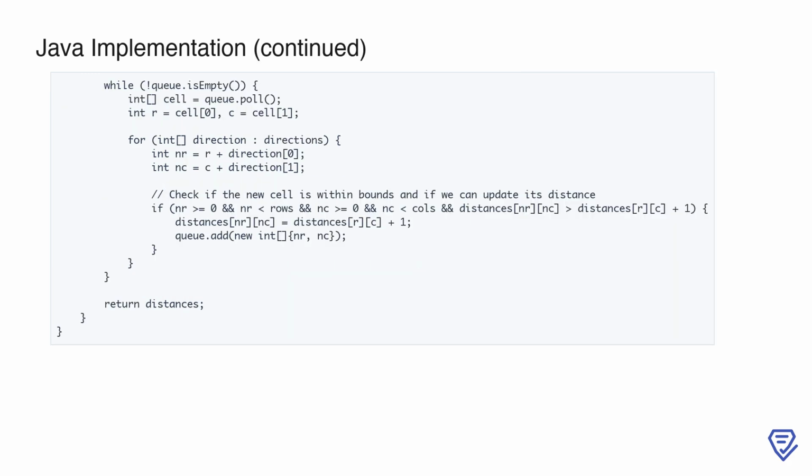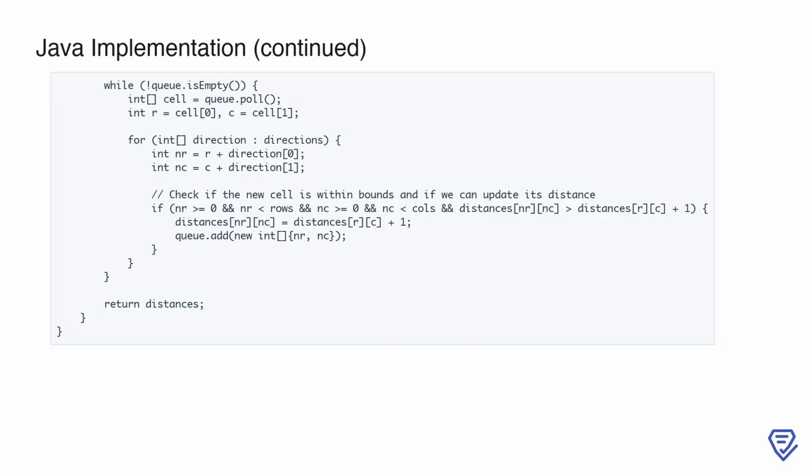The breadth-first search begins with a loop that continues as long as the queue is not empty. At each step, we pull the front cell from the queue to process it. We extract its row and column indices, which are stored in R and C. For each cell, we iterate through the 4 possible movement directions. By adding the direction offsets to the current cell's coordinates, we calculate the neighbor's row and column indices, NR and